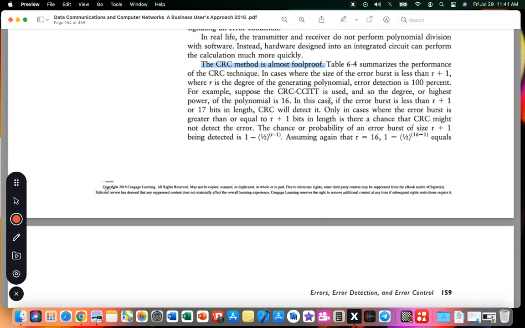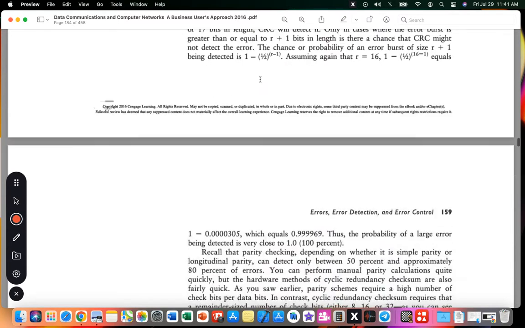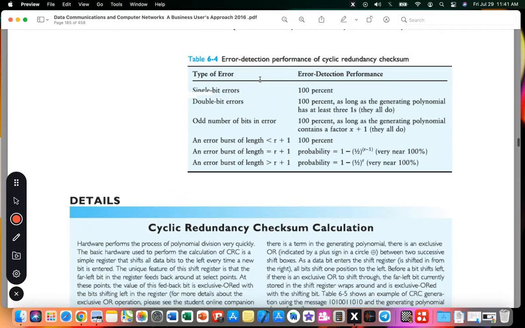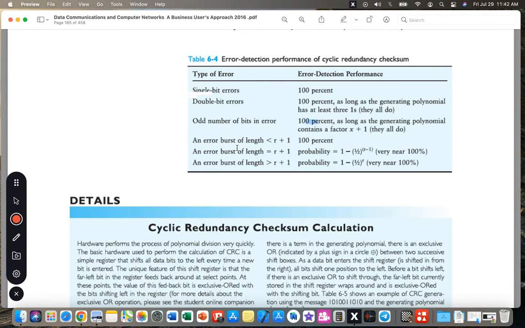Table 6.4 summarizes the performance of the CRC technique. Let's go to the table right away. Error detection, performance of CRC or cyclic redundancy checksum. Single bit error 100%, double bit errors 100%, odd numbers of bit errors 100%, an error burst of length r plus 1 100%, an error burst of length